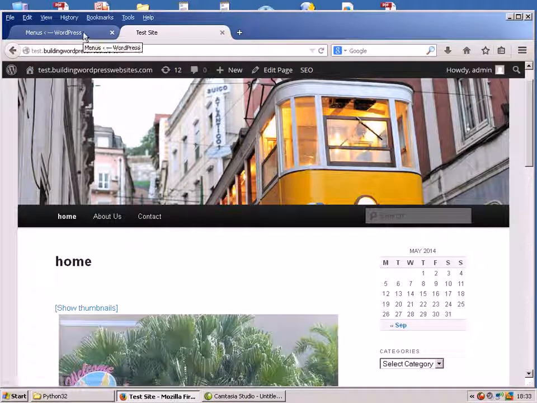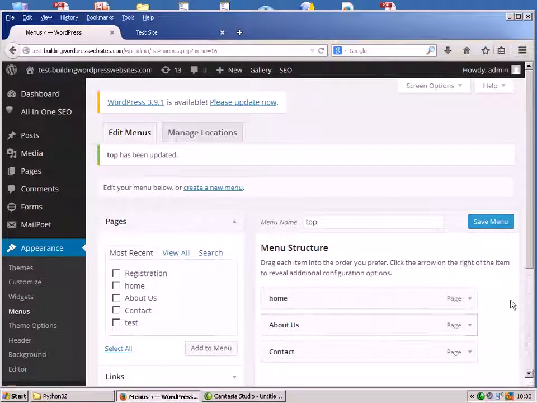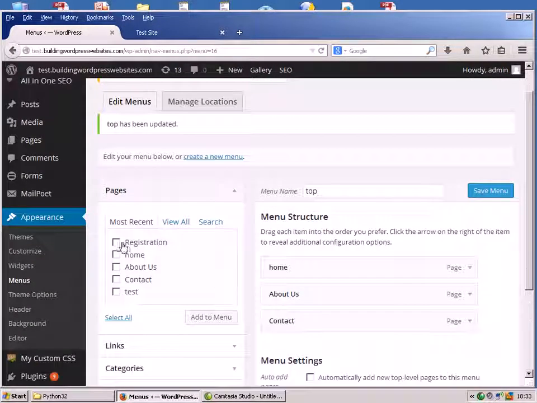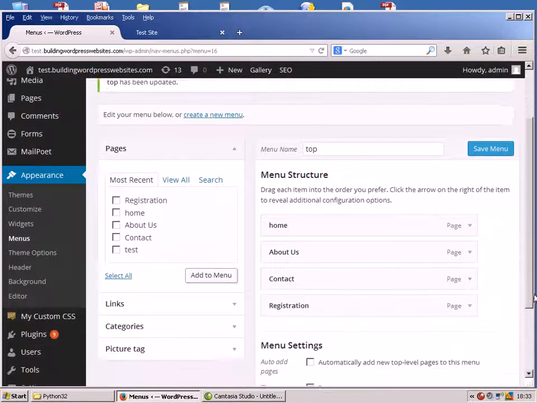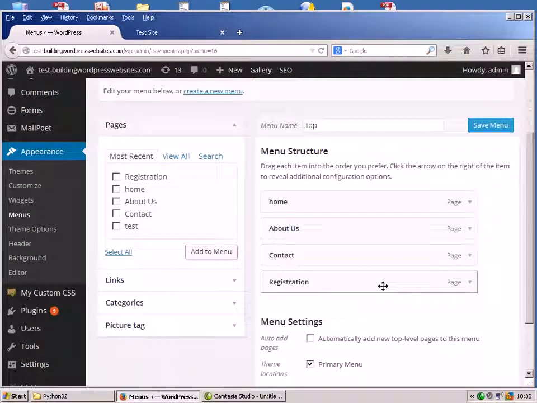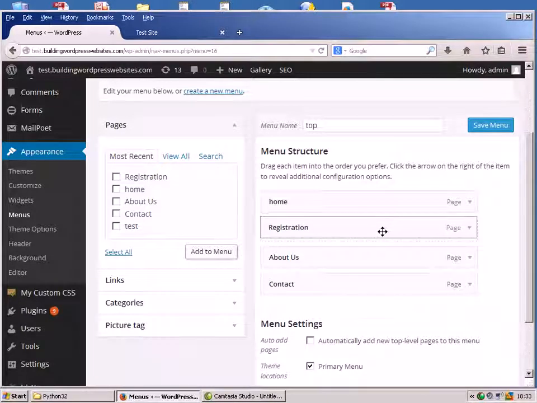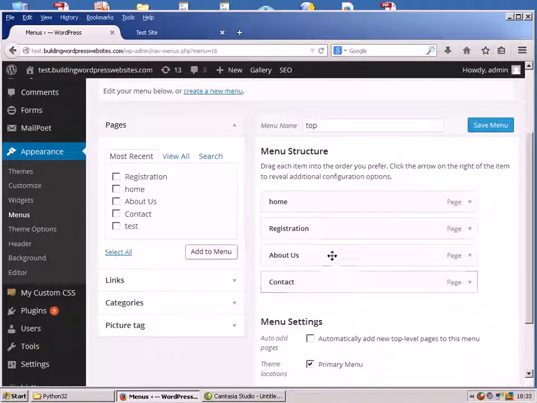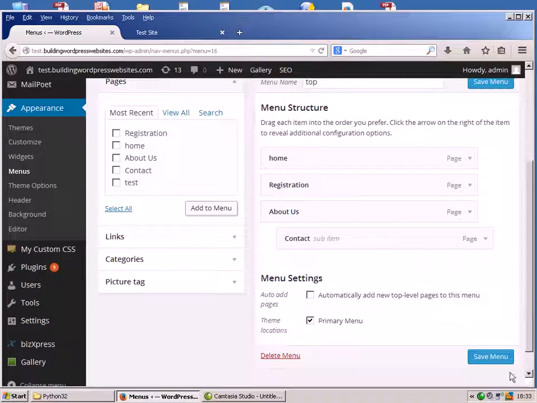Now to modify it, I go back to menus, and I'm just going to add the registration to the menu, and there it is there. Now if I want to move them up, I just drag them and I can position them where I want to. If I want them to appear as a sub menu, I just drag them to the side, and there it's appearing as a sub menu under About Us. So let me just save it again. We always have to save it,